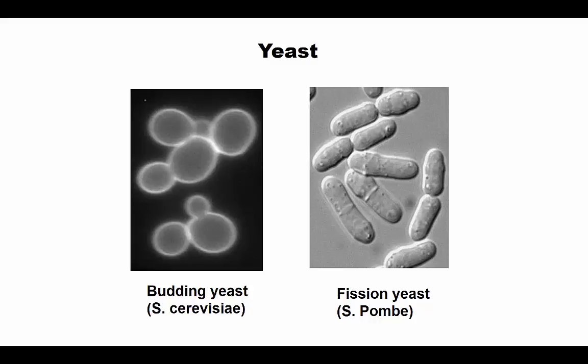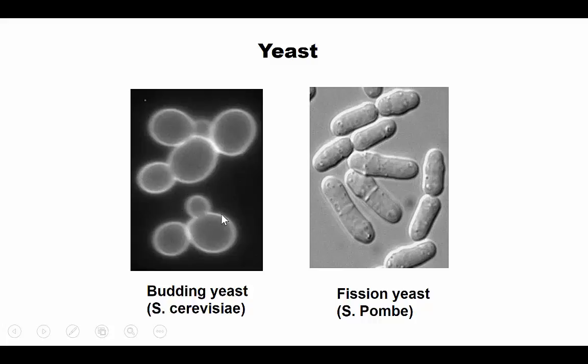And yeast cells have two different kinds of shape. One is the budding yeast, and the other one is the fission yeast. Budding yeast is a more primitive life form, and when they divide, they make new cells like this. So this is a mother cell, and this is a daughter cell. So this is like a budding structure. That's why we call this a budding yeast. When this daughter cell becomes bigger and bigger, so it reaches enough size to divide,